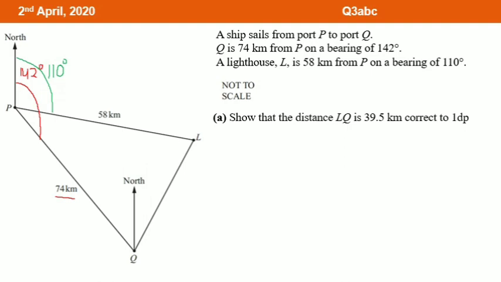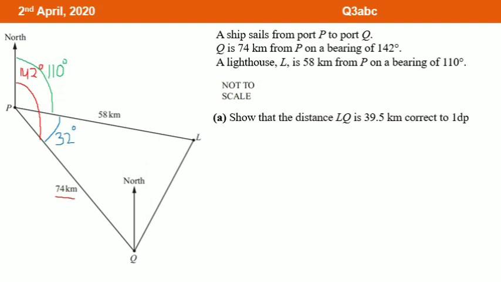Now let us check the diagram given here. What do we have? We only have the two sides here, and also maybe we can find the angle here, right? Yes, we can find the angle right there. The right one, we can make it as 142 degrees. So this is the angle QPL, which will be the difference between those two. So it will be how many degrees? 32 degrees, right? Okay.